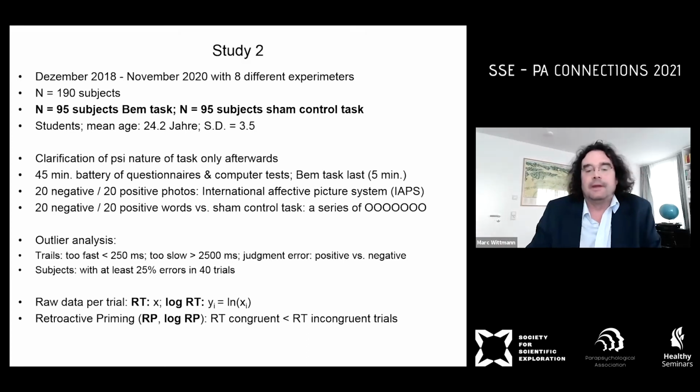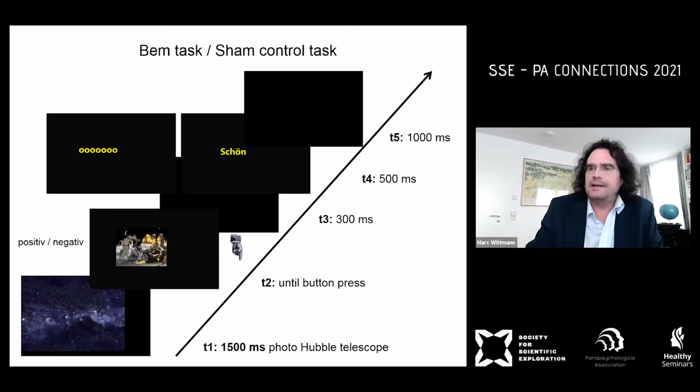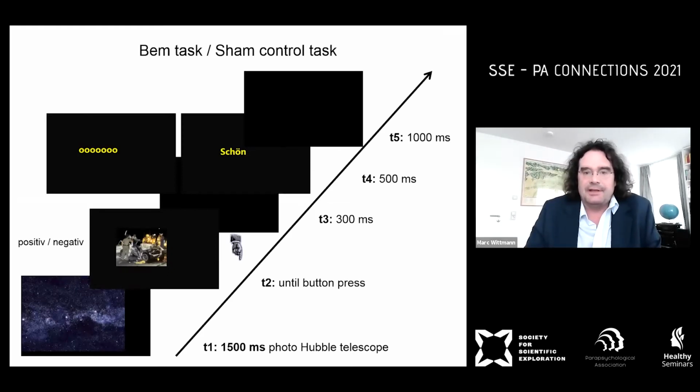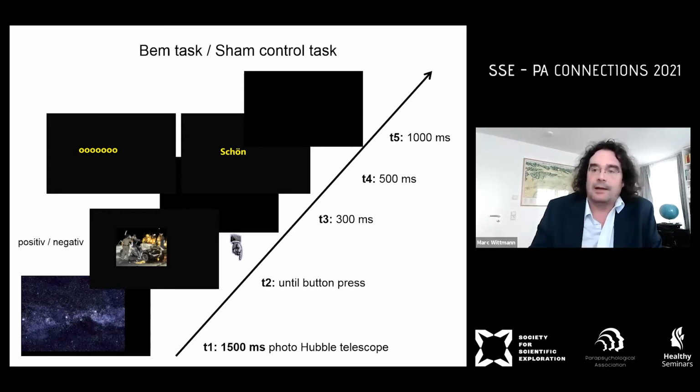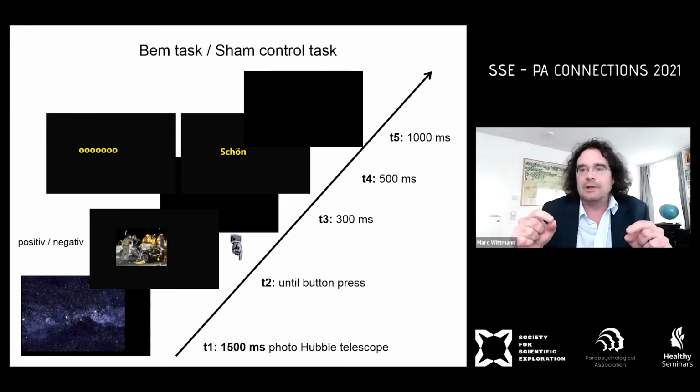Otherwise, all the other features of the task were the same. So why did we do this? As you see here on the right, the classic retroactive priming task we had before with the words, and now the second condition, the intersubject condition, because other subjects did this second condition, we had the O's behind it. The system, nevertheless, will assign